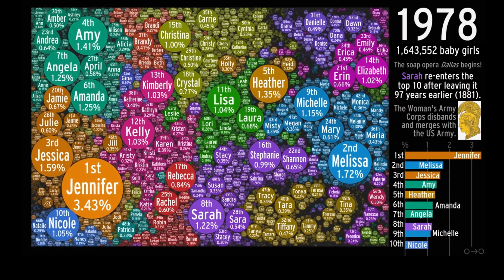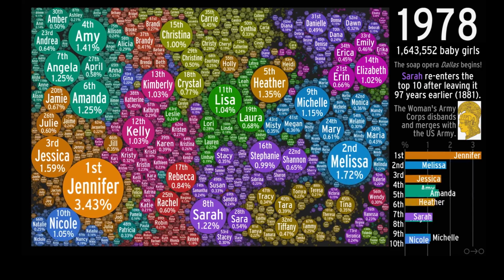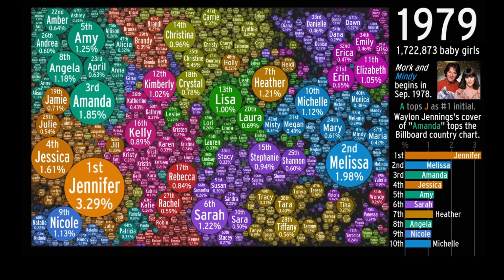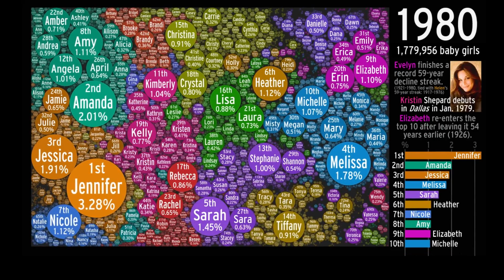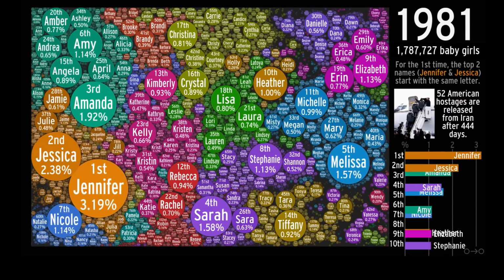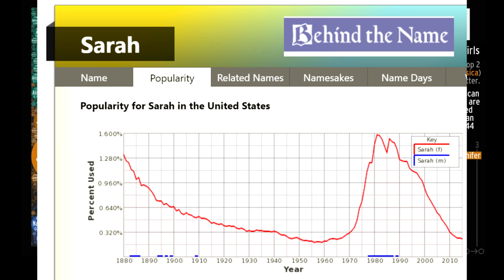So, now I think it's a good time to mention another fascinating trend that I see with these babies' names. It happens more with girls than for boys, but it's pretty cool. It's called the 100-year trend, and what it means is after a name starts to fall from fashion and go into obscurity, it'll start to rise again 100 years after its last peak. So, for an example, Sarah was pretty big in the 1880s. Over the next 50 years or so, it started to fall, and then I think at its lowest point, it was about 100th place. And then around the 60s and 70s, it started to rise again